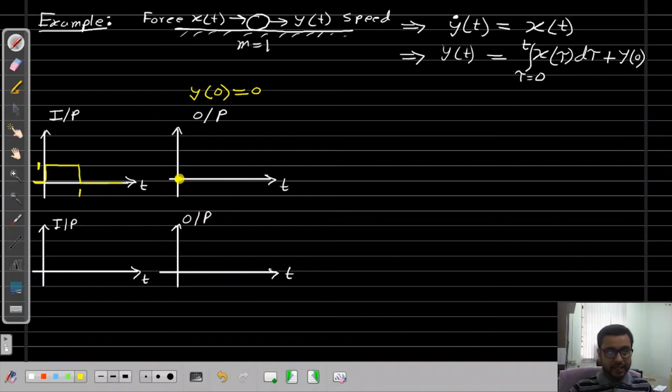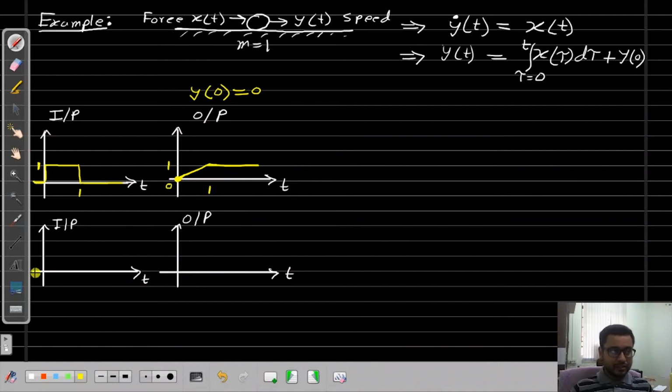Then the speed will increase linearly like a straight line up to 1 second, and then when the force is stopped, the output speed will become constant. Since the mass is 1, the final speed will also be 1. Initial speed 0, final speed 1. Now let us consider